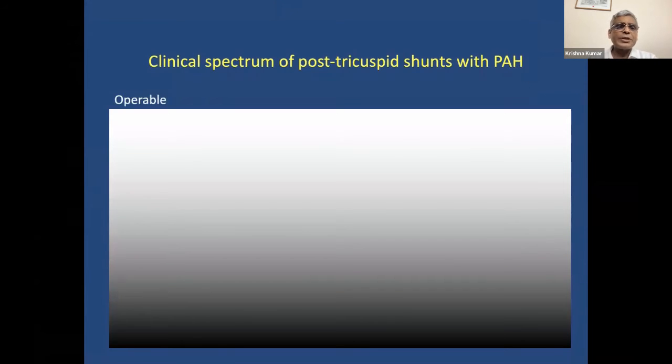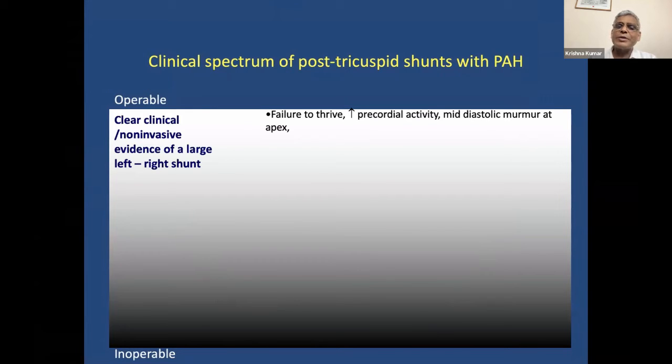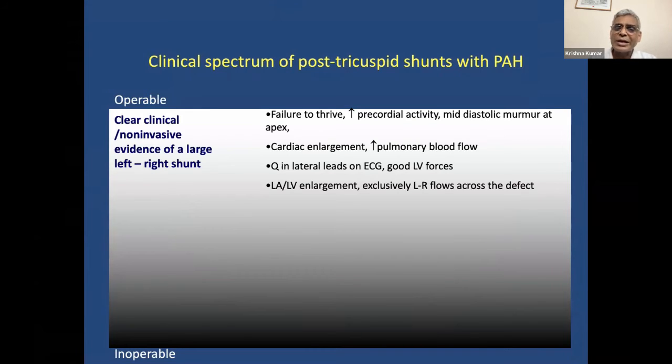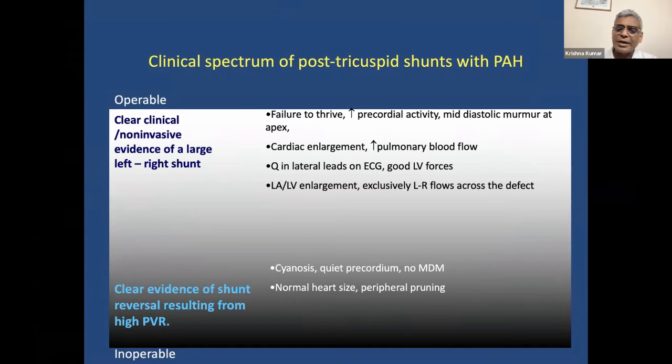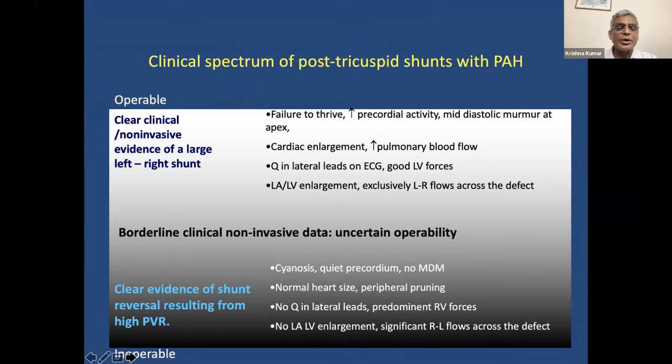So in the post-tricuspid shunt, those who are operable, largely you can make clinical decisions. You have failure to thrive, precordial activity, so clinical evidence of a large shunt. And at the other extreme, you have cyanosis, quiet precordium, absence of flow murmurs, typical X-ray with peripheral pruning, and to some extent ECG is helpful. So, obviously you have borderline patients who fall in the middle, and that gives you a lot of challenges